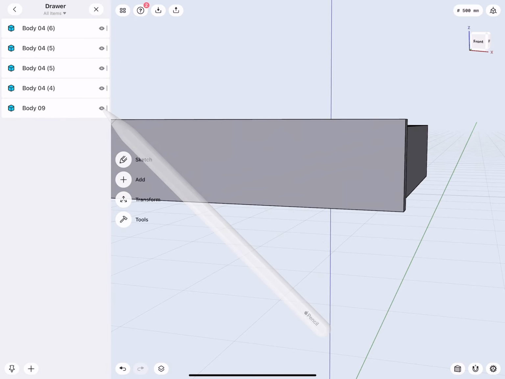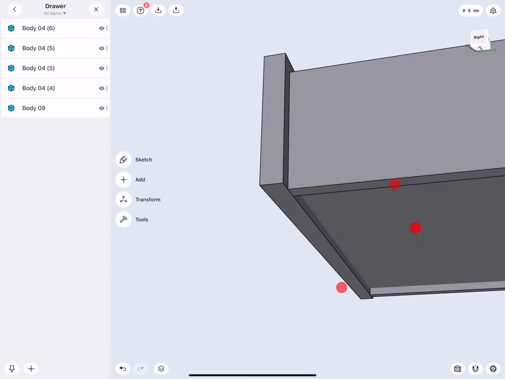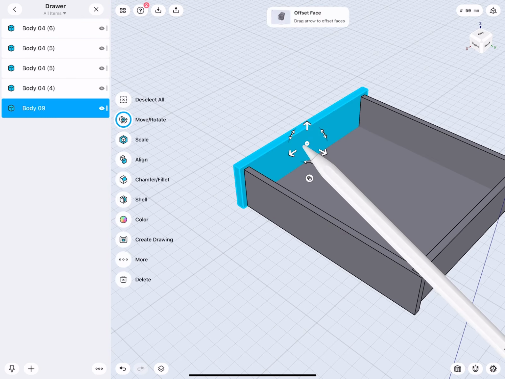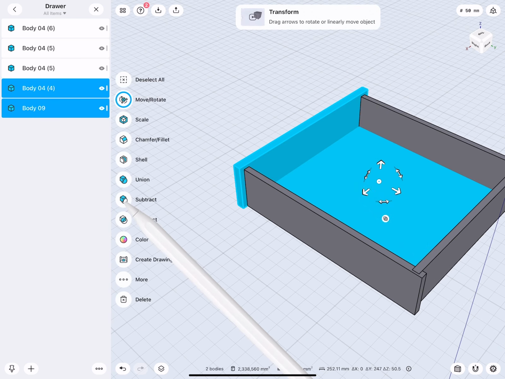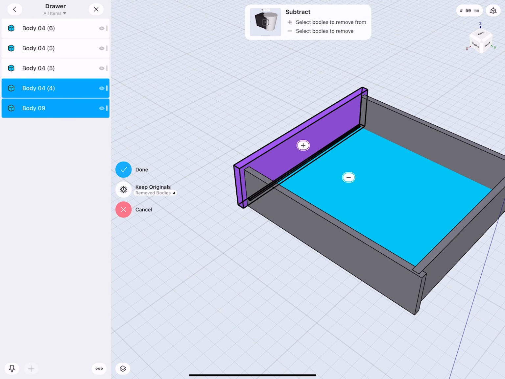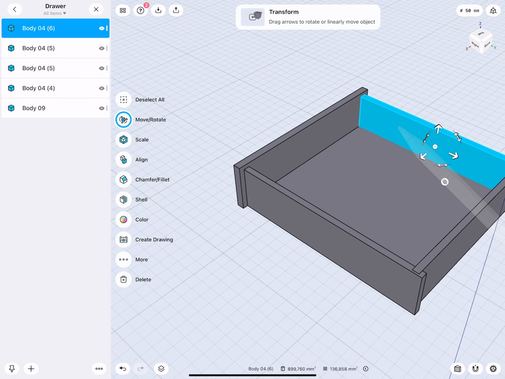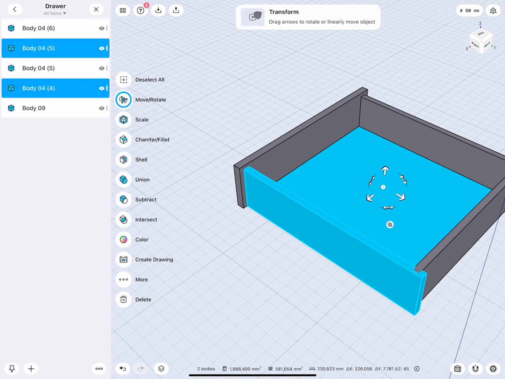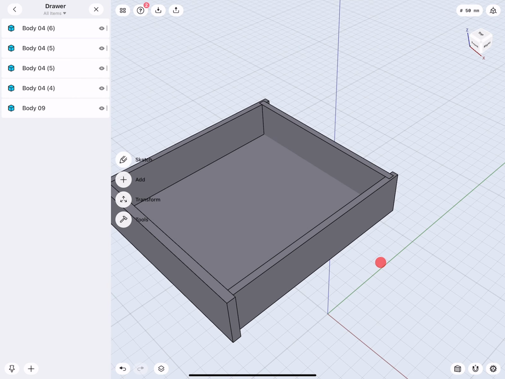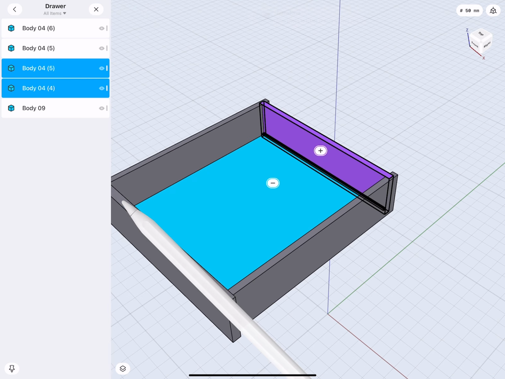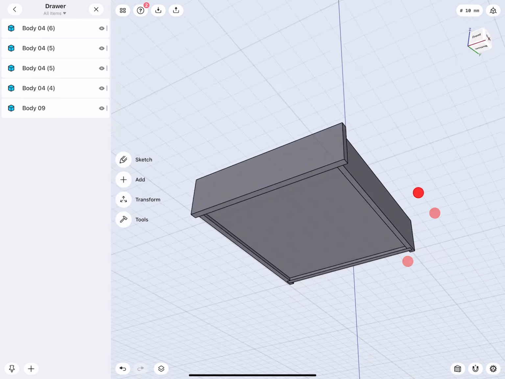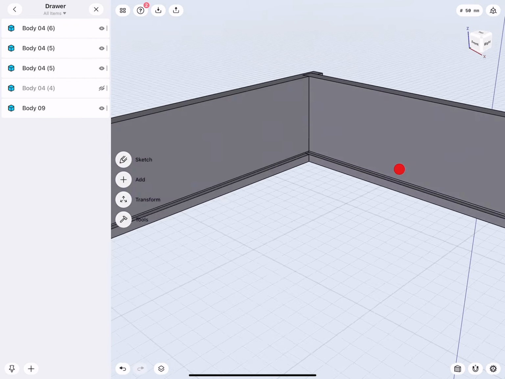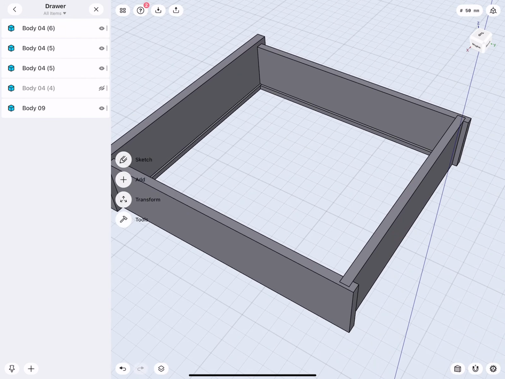So now I have to select my front and this and cut. Very good. My side, other side, and the back. Very nice. Good. So a little bit of cleanup. There we can see all the grooves. That's actually pretty nice.